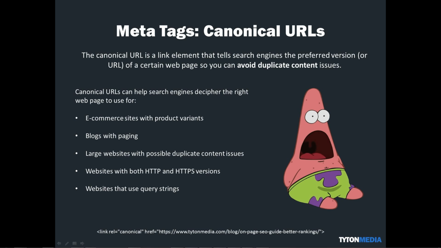These URLs help search engines decipher the right page to use, and it's good for blogs that have multiple pages. It can consider all those a single page if you don't have a canonical URL. E-commerce sites with product variants, websites that use both HTTP and HTTPS. It's good to tell Google what the preferred version is of that URL, whether you want it to be the